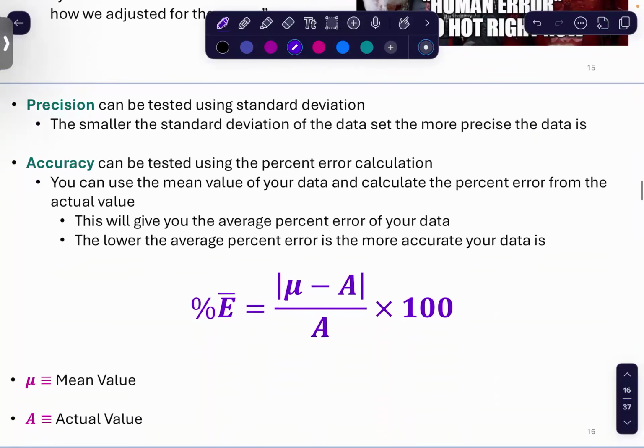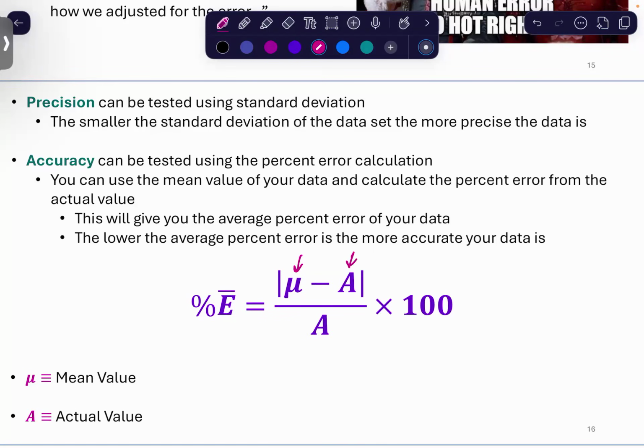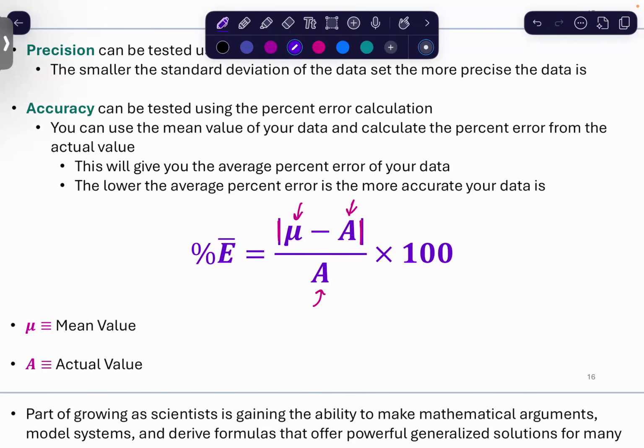Now, precision, again, can be tested using standard deviation. Accuracy can be tested using your percent error calculation. Now, again, take a look at this percent error. Your percent error is going to be your value minus the actual value, in absolute value so you can't get a negative number, divided by the actual value times 100. So this is something you've probably used before, but now notice I've made it a little bit different. This is the average percent error. So the percent error for each one of your data points,